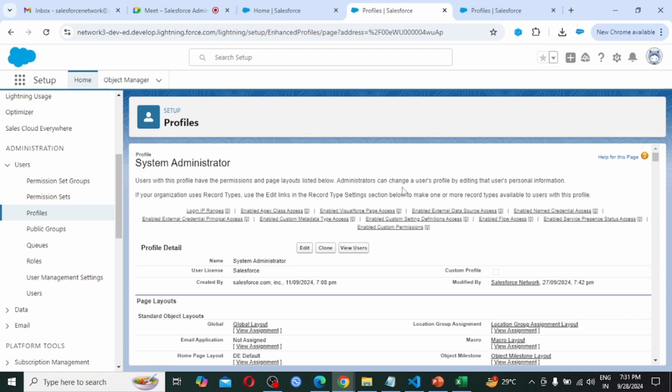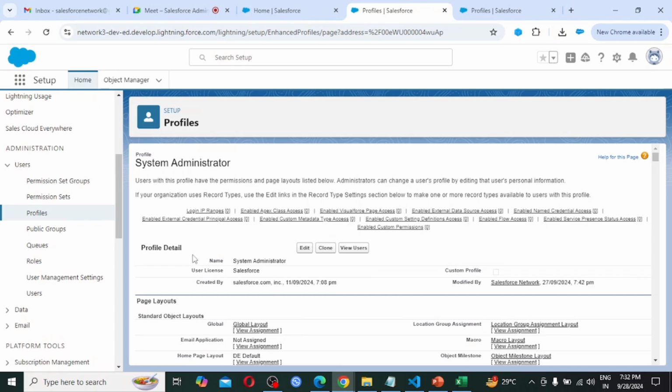Administrators can change a user's profile by editing the user's personal information. By clicking on this edit button, we can change these settings. So let's see what the things are here.